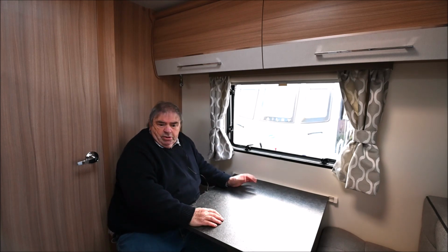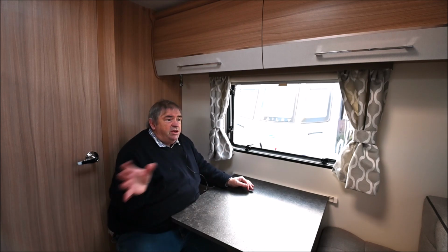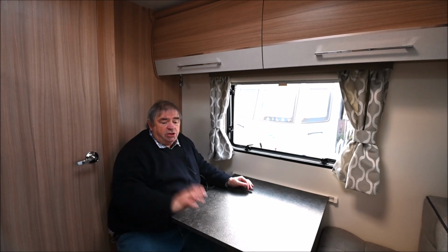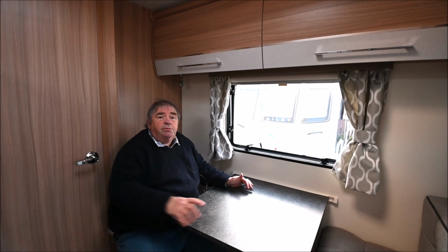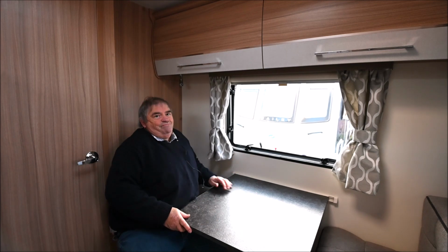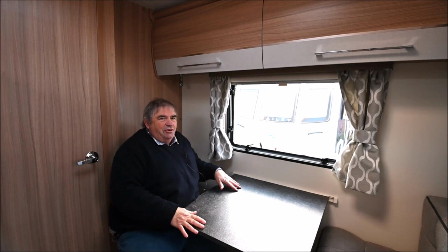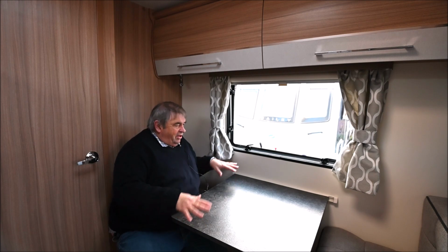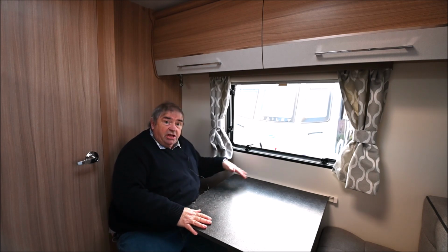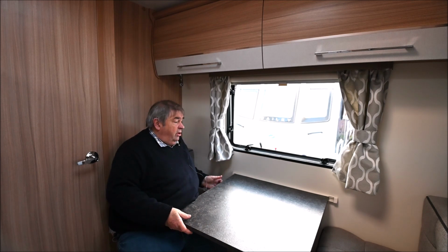And the seating's good. And the bunks are great. Good fixed bunks, plenty of room, top and bottom, so plenty of room for the kids to sit up in bed even. This little side thing's great. The only thing is it doesn't slide along, so if you're a little bit on the bigger side, then you're going to struggle to get in here a little bit, to be quite honest. It's a shame it's not a slider one like there used to be,